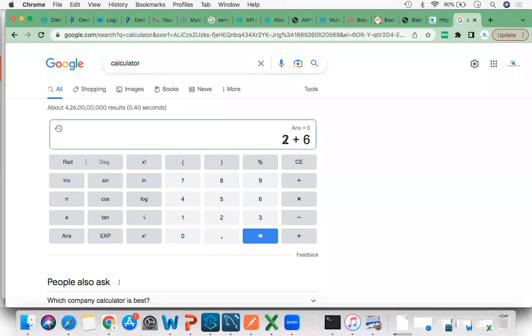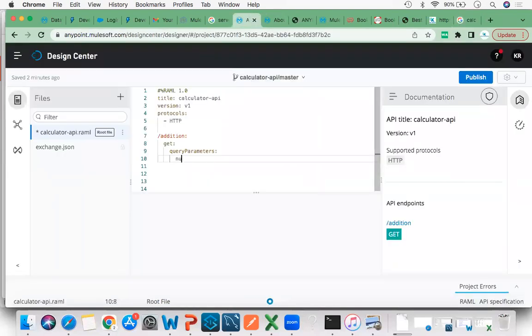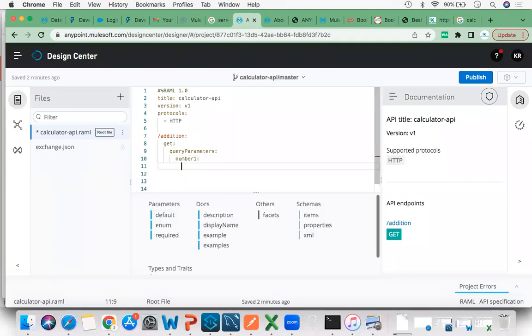2 plus 6. What are this 2 and 6? Numbers. Very good. So I need to pass 2 numbers as query parameters. Now I'll come here. So I'm passing number 1. So if this number 1 is required,